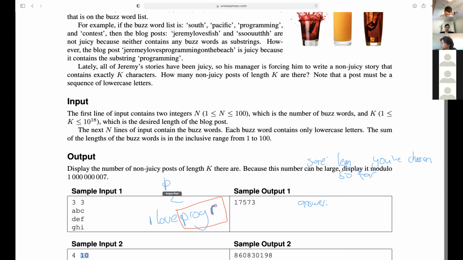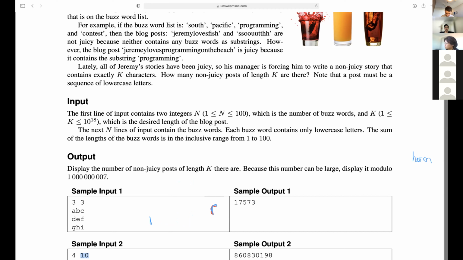Prog R is a prefix of programming, and so potentially this could lead to a buzzword being created if we later add amming to the end. So in creating strings, we want to know what suffix of our word is a prefix of a buzzword.